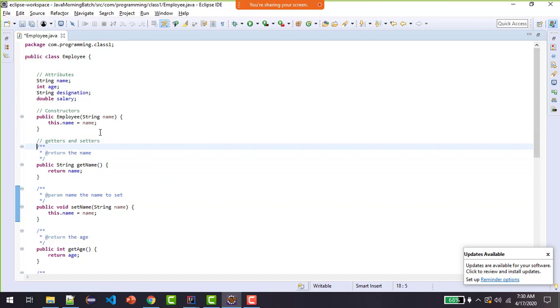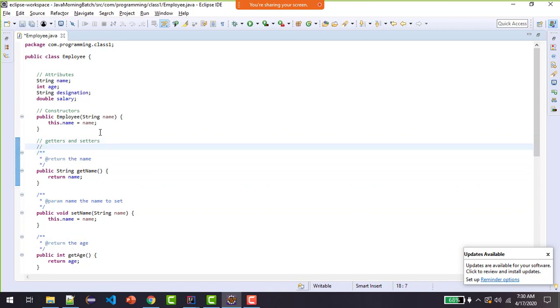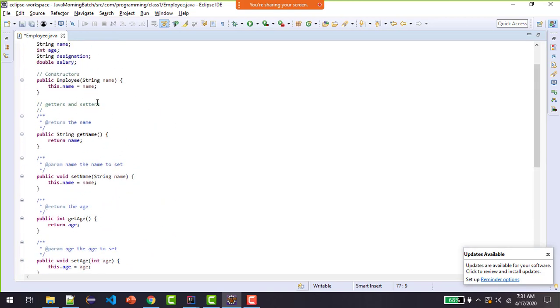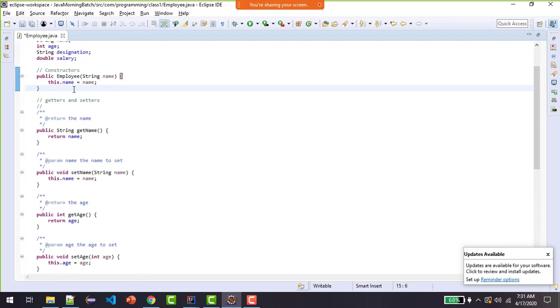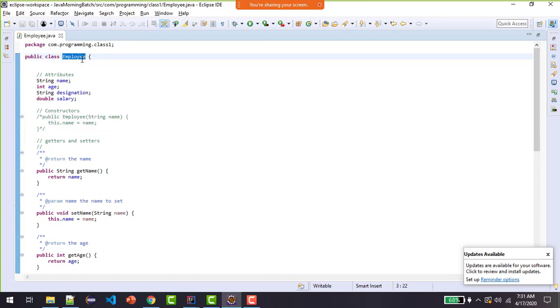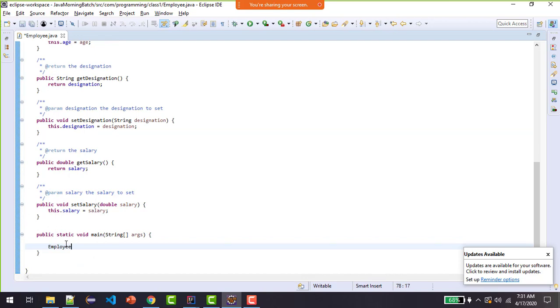Why do you need them? Because you need to run your project, you need to run your business functionality. For that these getter setters will be very helpful. So I'm just creating one basic class. Thereafter JVM will always hit this public static void main method. If I don't create any of this constructor, or let's say if I comment out this constructor and if I create a basic object of my class, I can set the data.